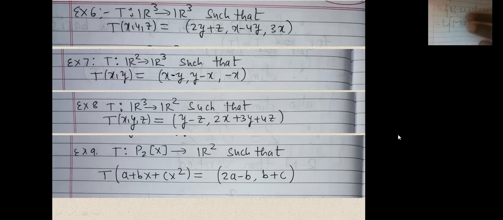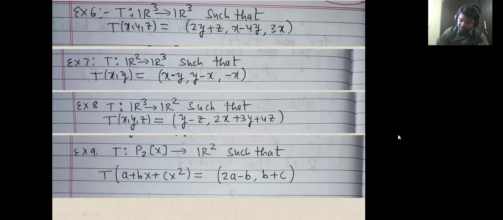Remember, if there were two vectors in this space, I would have to check that they are linearly independent of each other. Now since there is only one vector, I just have to see that it is other than the 0 of the space. If it is other than 0 of the space, I can directly say that this vector is linearly independent. I don't have to check it using the definition of linear independence. So this is other than 0, so I can say directly it is linearly independent. So it will become a basis.